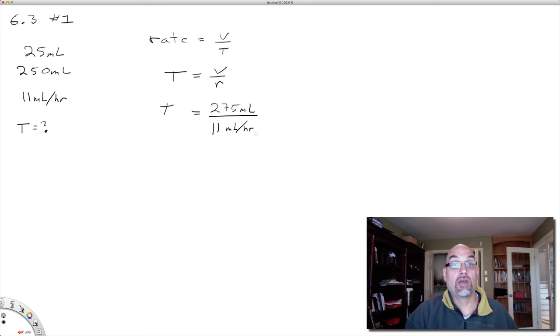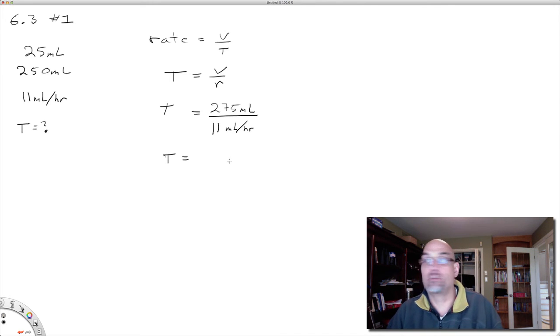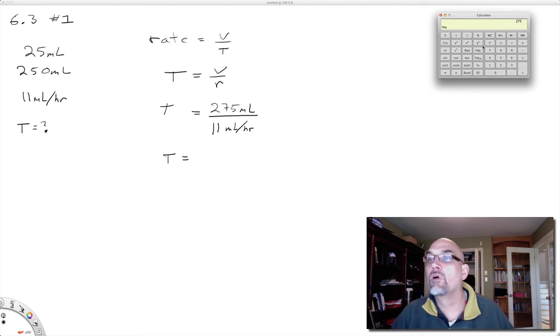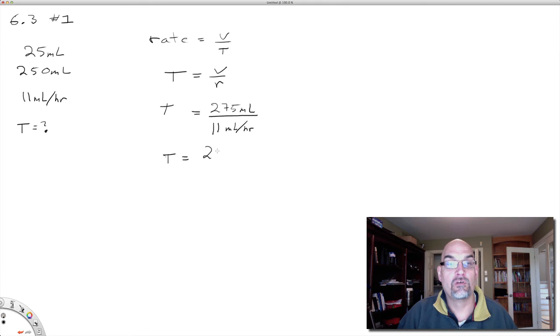milliliters per hour. Now, so that's going to equal, time is going to equal 275 divided by 11. I need a calculator to do that. Grab my calculator. So clear, 275 divided by 11 equals 25. So it's 25, and now look, I have again